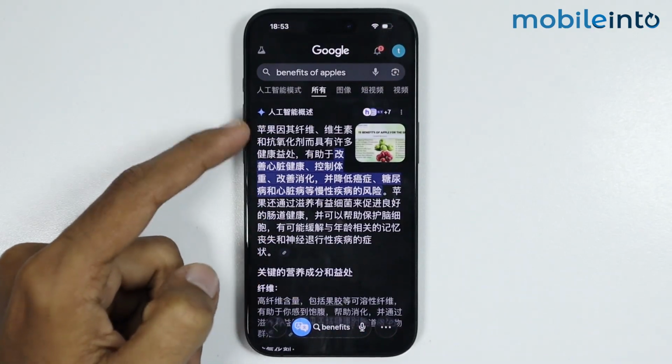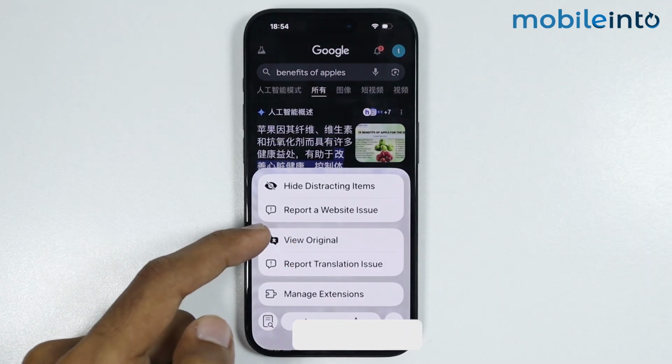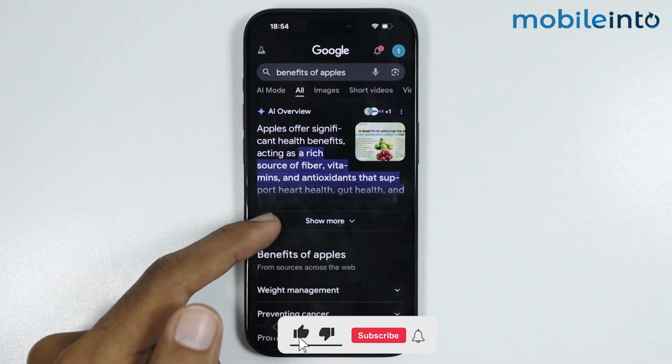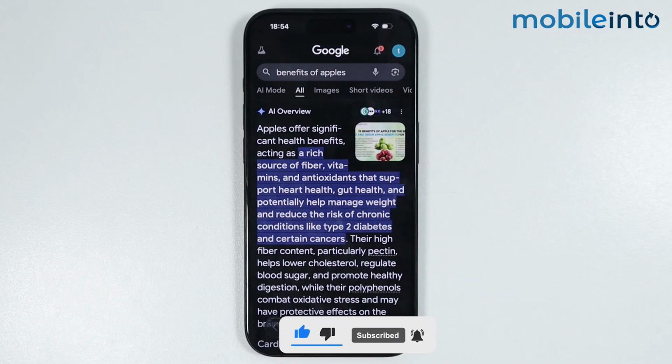Now to change the language back to the default, just tap on the language icon and select View Original. And it will convert the website back to the original language. And this is how you can translate a website on